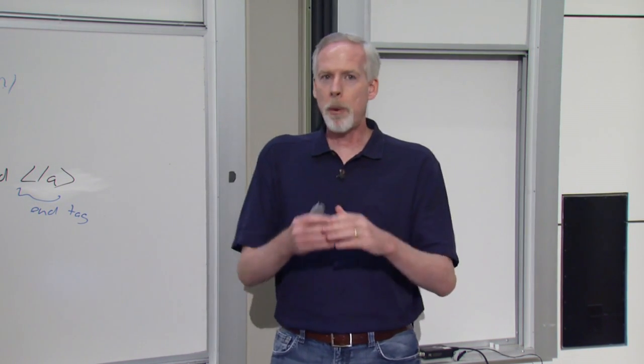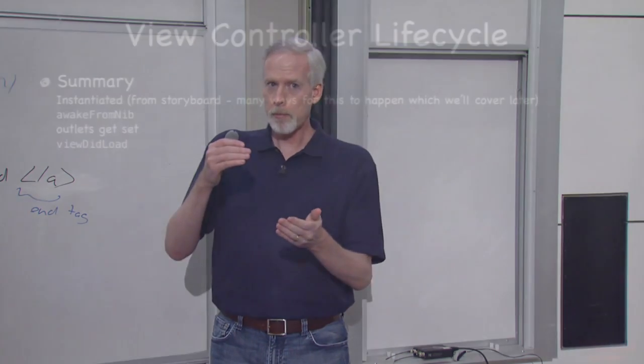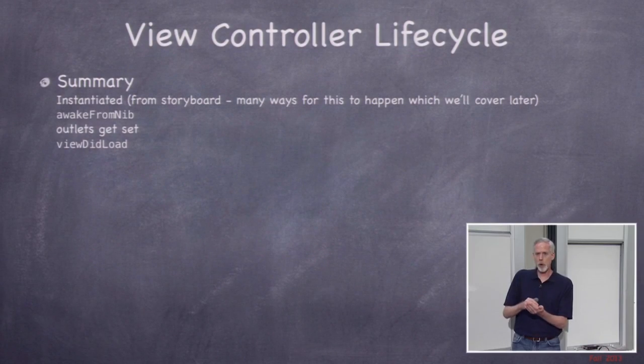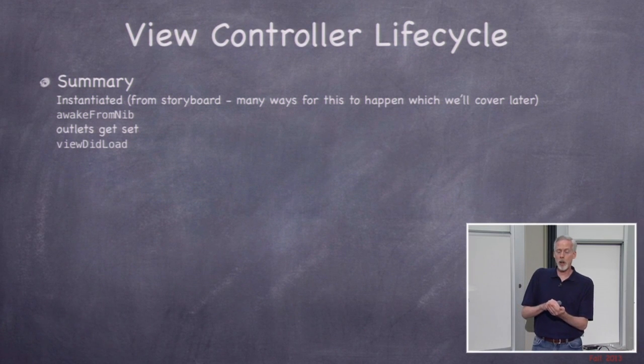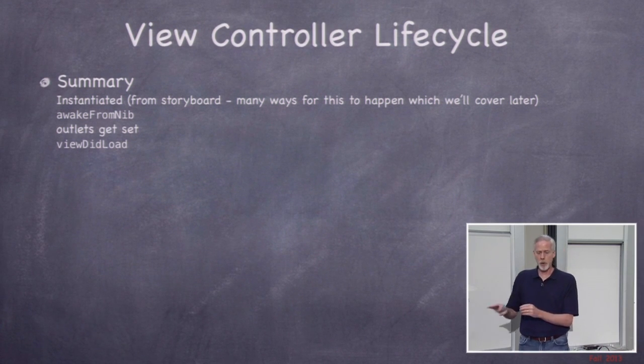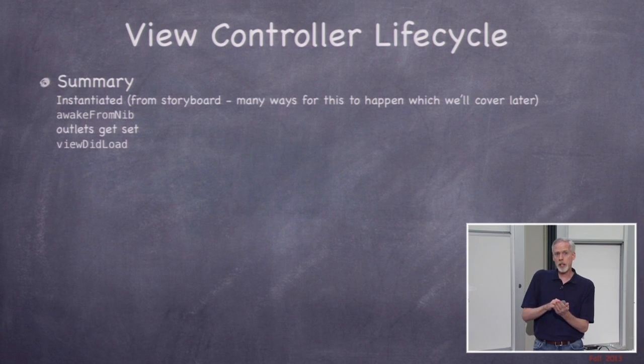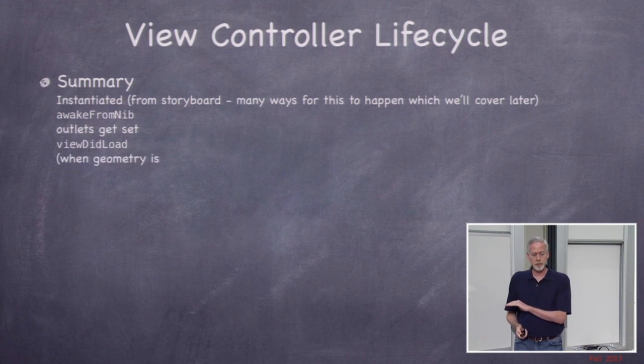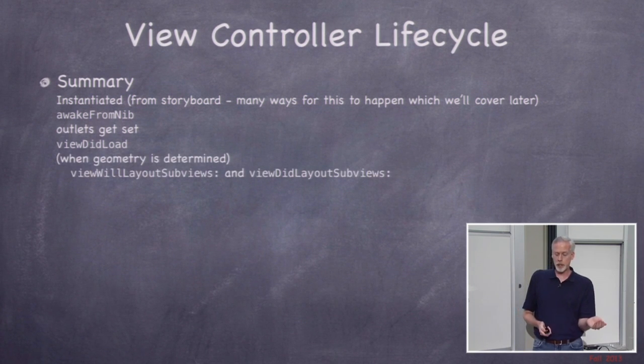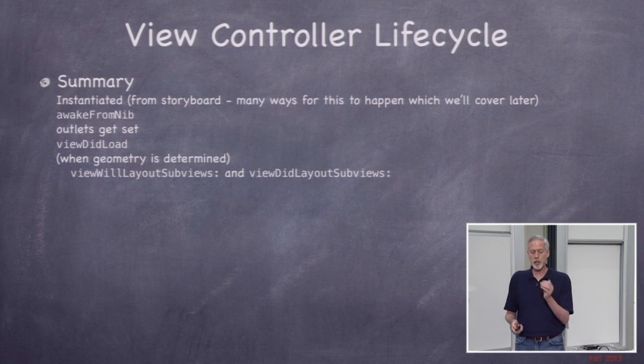Okay, so here's a summary of the view controller life cycle. It's instantiated from the storyboard, or someone could say alloc init. Awake from nib gets called if it came out of a storyboard. Otherwise, init with nib name bundle gets called. The outlets get set if it comes from a storyboard. Then view did load is called. Then when the geometry is determined, view will layout subviews and view did layout subviews